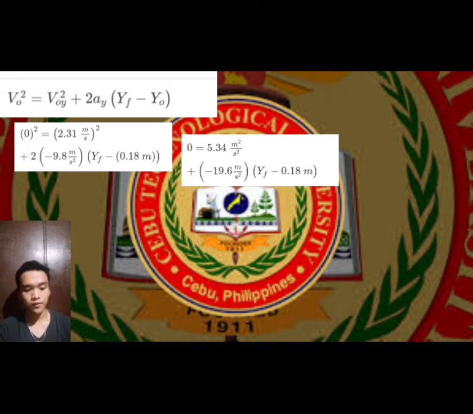So we have 0 equals 5.34 meters squared per second squared plus negative 19.6 meters per second squared times our y final, plus, in result, we have 3.53 meters squared per second squared for our y initial. Let's continue. So we have 0 equals 8.87 meters squared per second squared